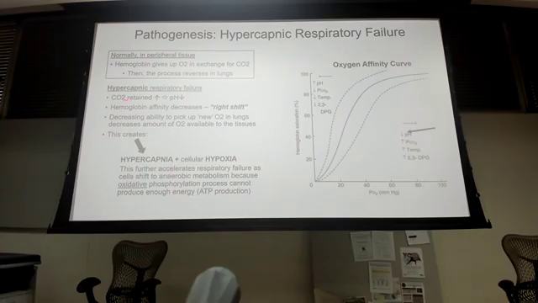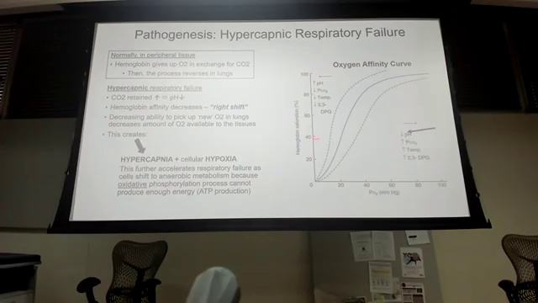So hypercapnic respiratory failure means their CO2 is too high, right? What's the level that we're looking at? Higher than 45, right? Remember ROME, respiratory opposite. So they retain CO2. What's their body doing right now? They're not breathing fast enough, not breathing deep enough. They're retaining that CO2, so that's going to drive their pH down, which takes us to our oxygen affinity curve. Decreased pH is going to do what kind of shift? Right shift, right?